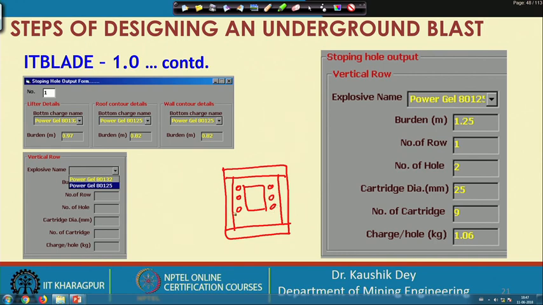So, this total area is considered as the excavated one, then the horizontal holes will be calculated. For the vertical holes, the number of holes and number of rows, there is 1 row, that means more is not required as per this consideration, only 1 is available and 2 holes are there. You can consider 1 hole is there, and another hole at this position may be sufficient.